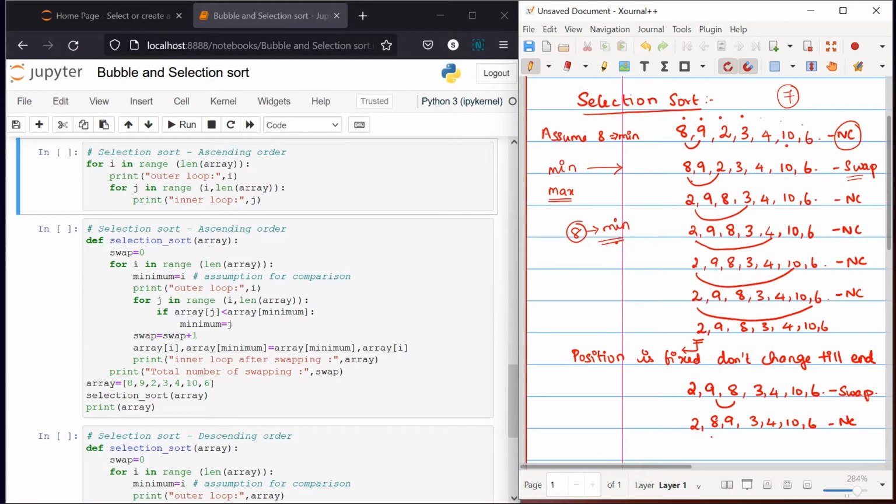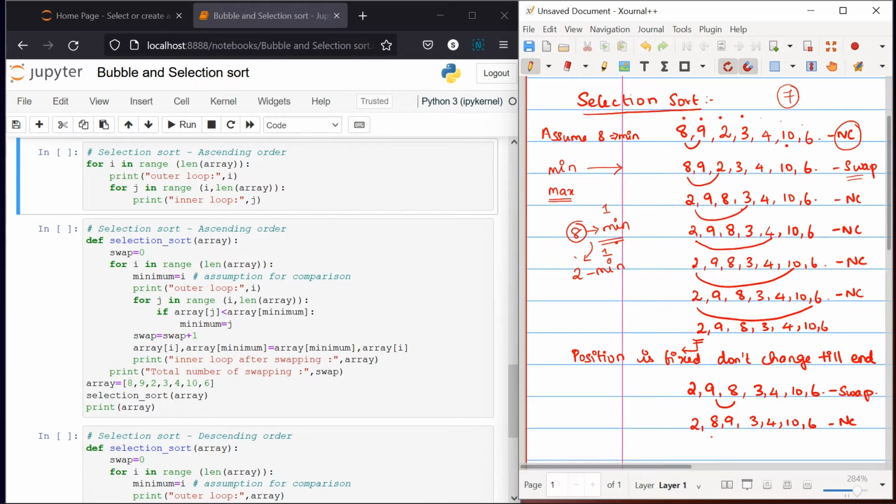If it were some other numbers, we would anyway have to check all the conditions, right? So how are we going to check? The first place is fixed with 2. You have to compare 2 with the next element, 3. Again 2 is minimum. So the minimum 8 has been moved to minimum 2, right? The minimum position is the first position, and the first position has been placed with 2.